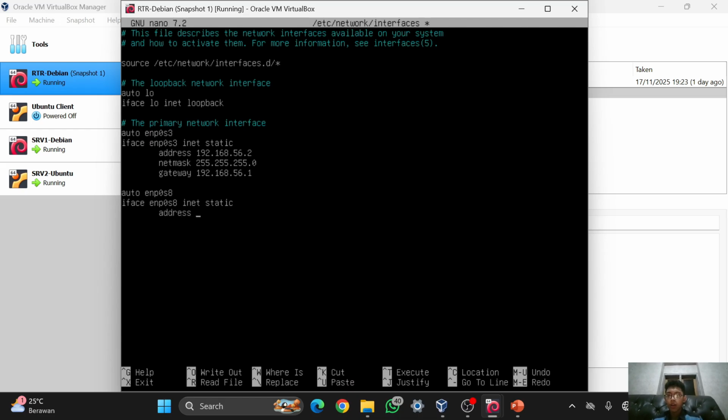I will add the IP that connects to the Ubuntu client, which is 10.1. Then don't forget the netmask, which is /24. It is this one .0.